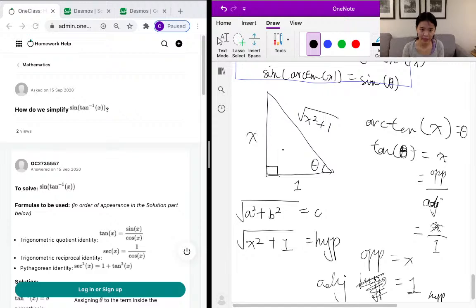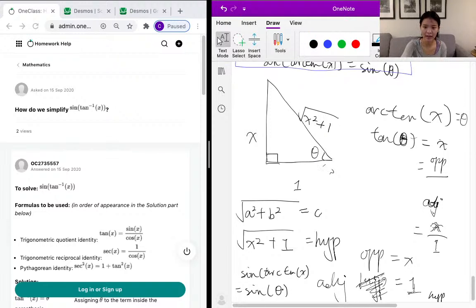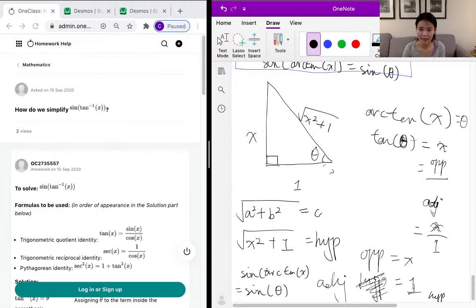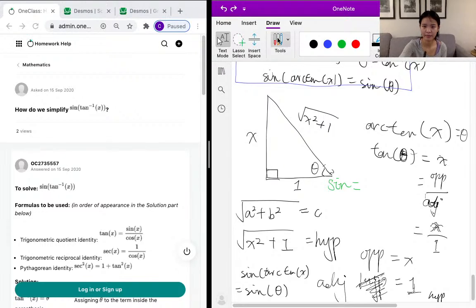Next, what is our next step? Let me just remind you that we wanted to find the sine of the arctan of x, and we also know that arctan of x is theta, so we want to find the sine of theta, and the sine of theta is the same as the sine of this theta over here. So we know from our basic rules of trig, that sine of x